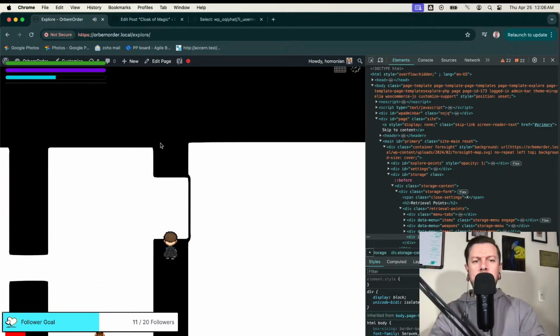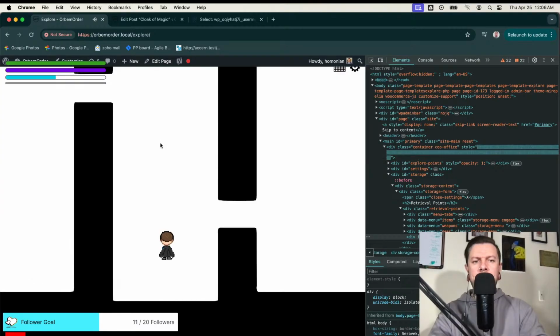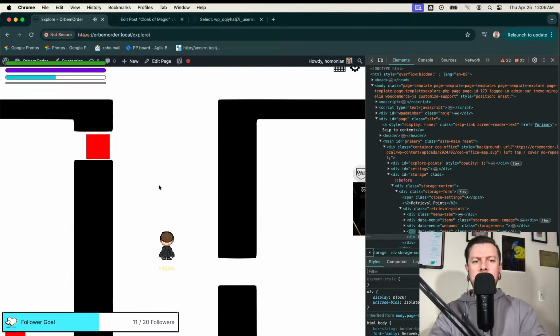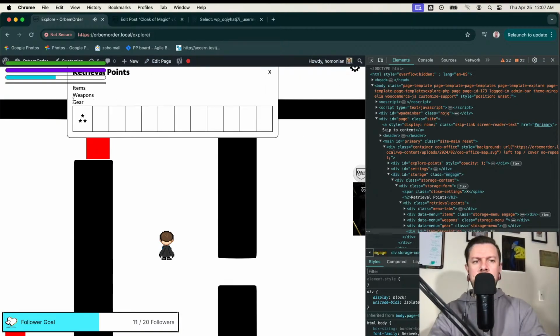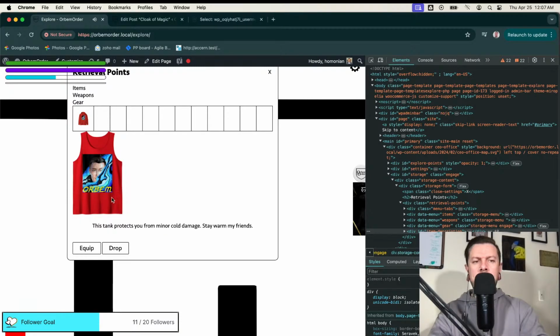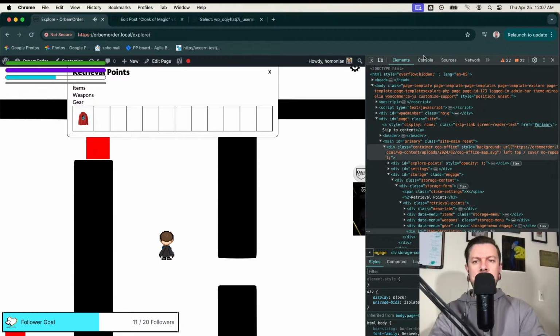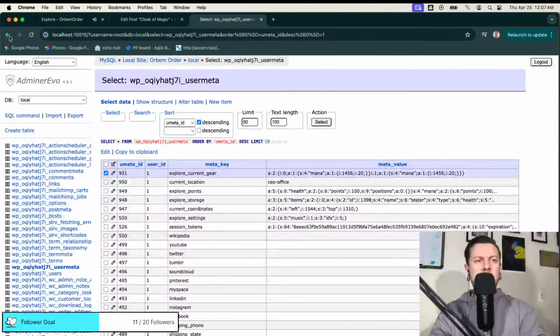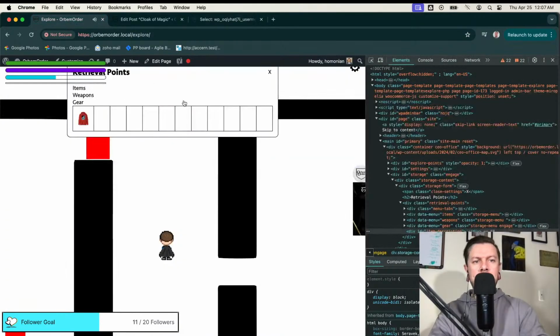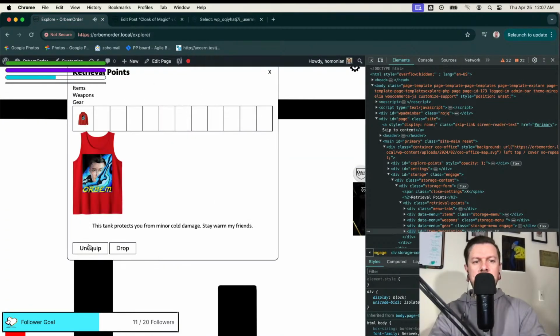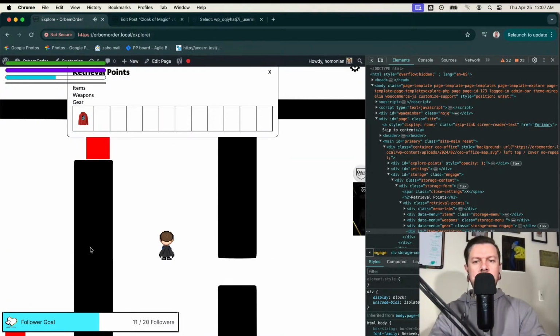Let's transport a little bit. And let's collect. Good, it didn't just immediately equip. And good, I have it collected. Now let's equip it. It appears that did work. Let's try it. Yep, that worked great. So now let's try it again. Let's unequip. I believe that worked.